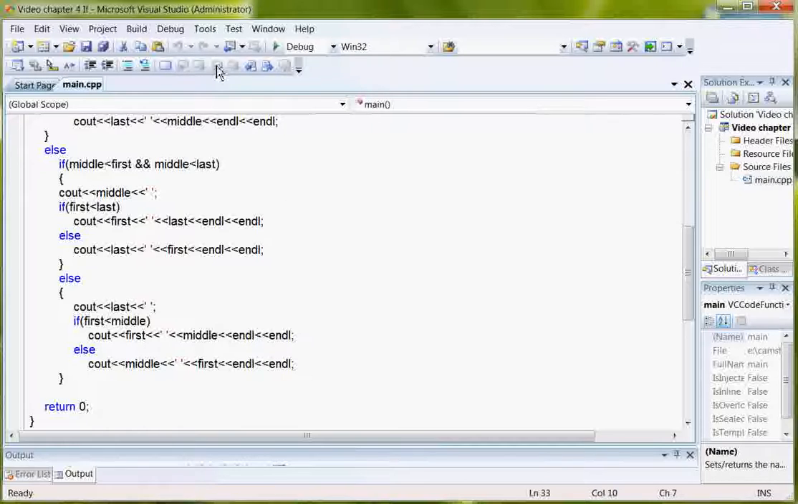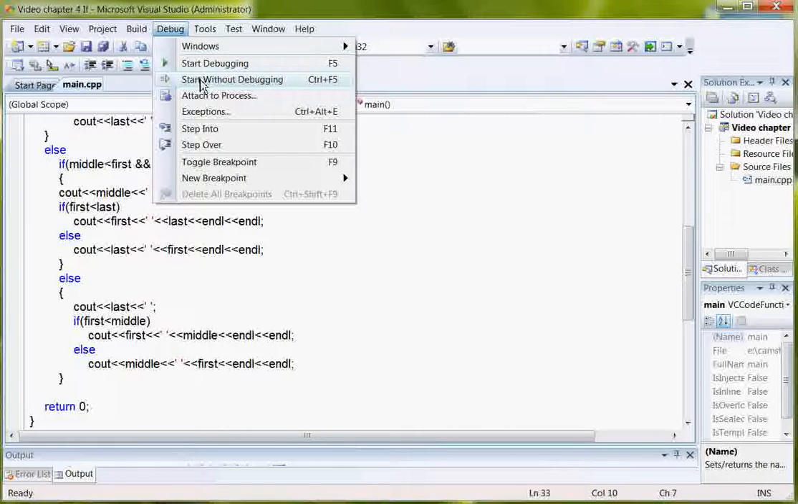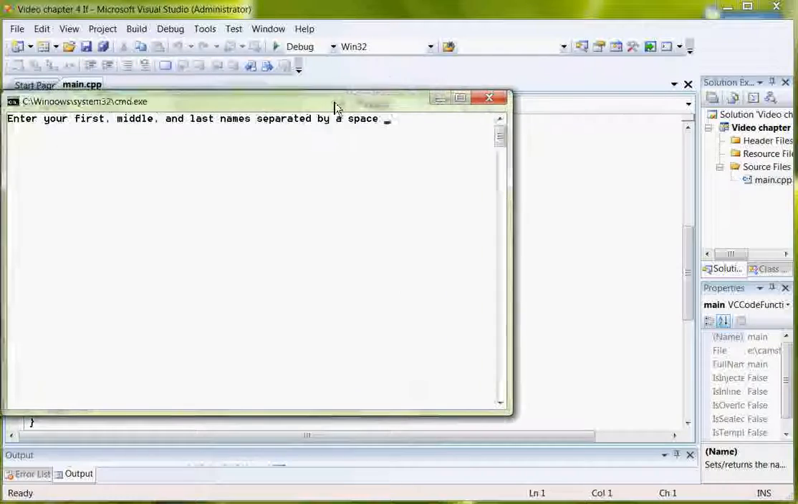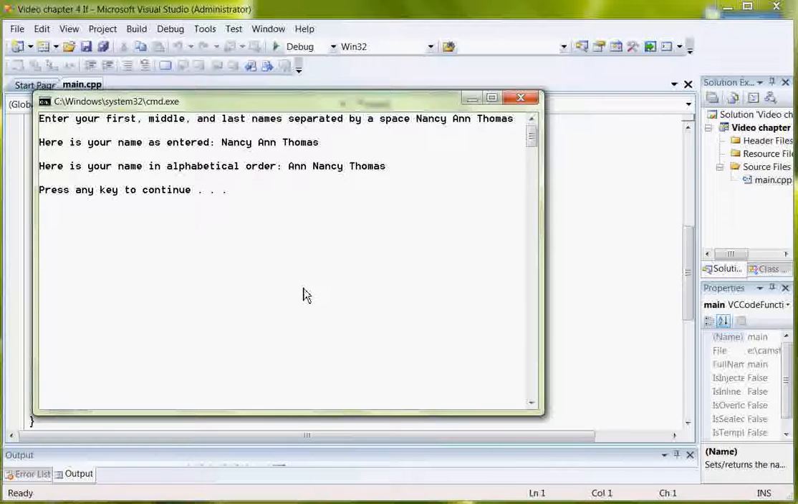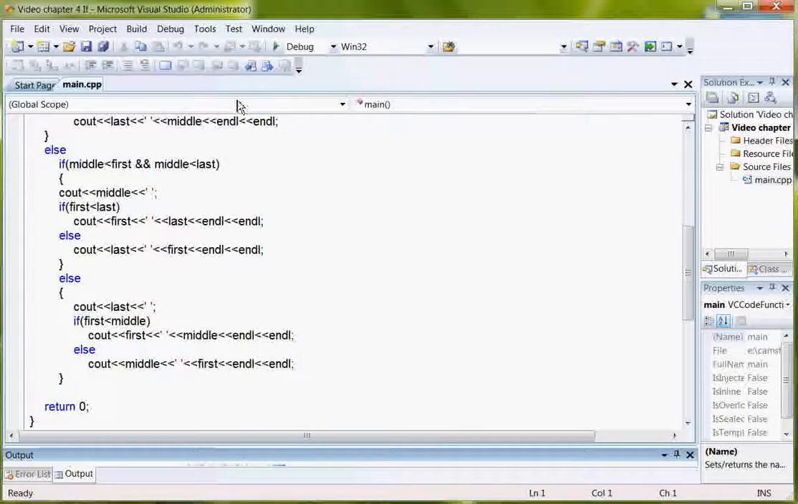It has been debugged and compiled, so I'm going to run it a couple of times so you can see how it works. I'll use my own name the first time, and you can see that it should print out in the order after I hit the enter key, Ann Nancy Thomas, which it does. The alphabetical order is Ann Nancy Thomas. I'm going to run it again,